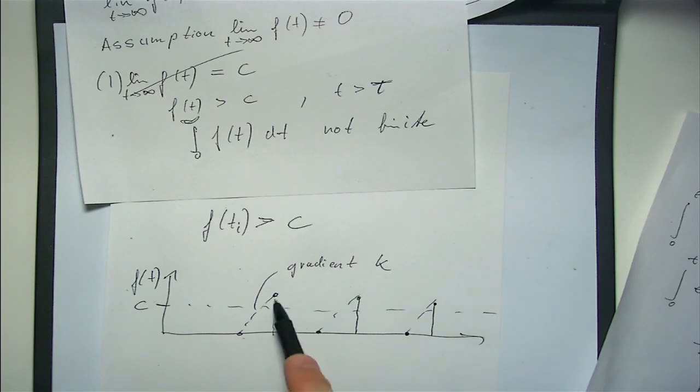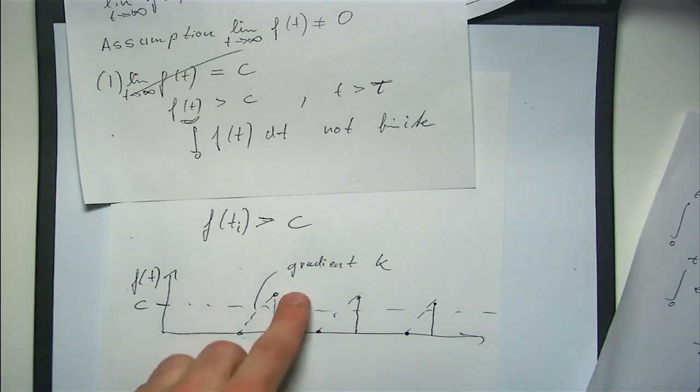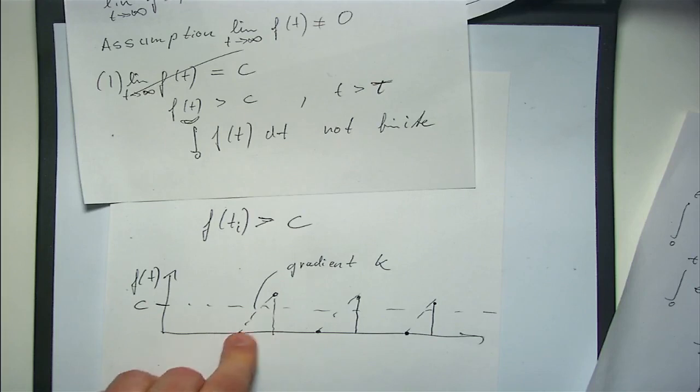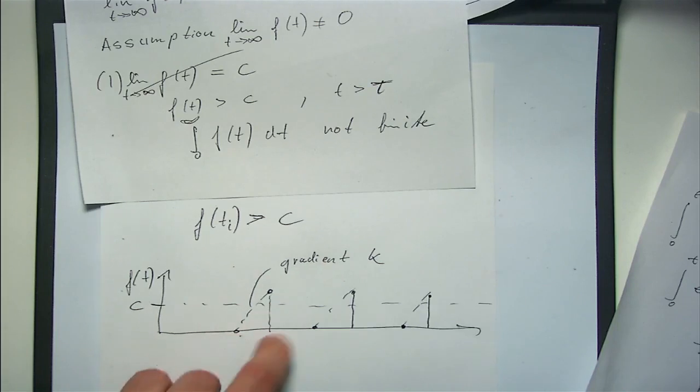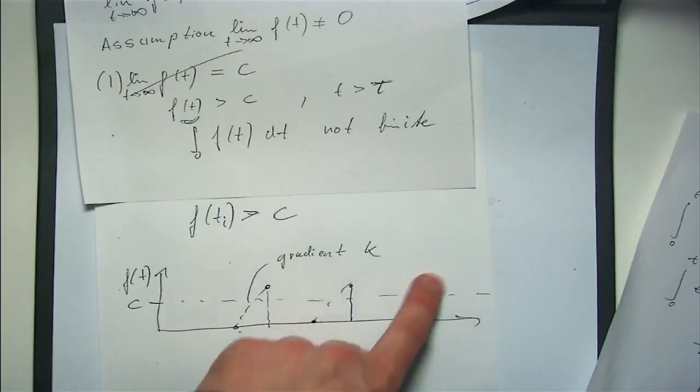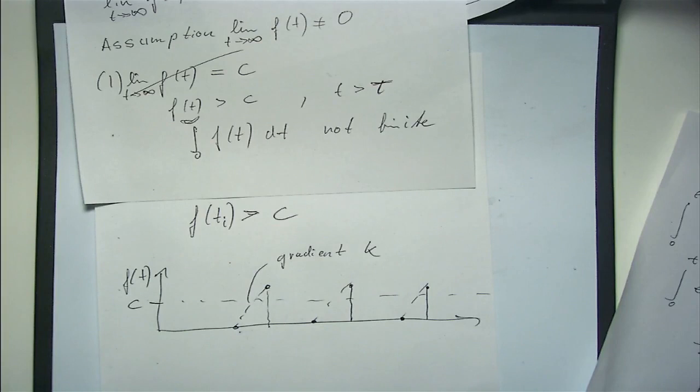Okay, good. But we have here some value c that we are always larger than, because we are not converging towards 0. So the area under here, going up and down, is finite, isn't it? So this is a finite area, there is a finite area, there is a finite area, but we have infinitely many of these. Yeah? So meaning the integral